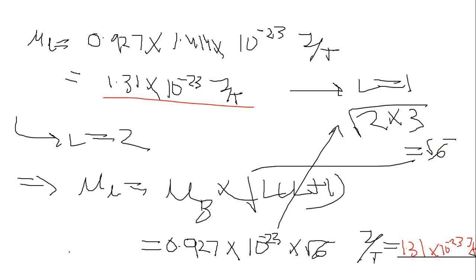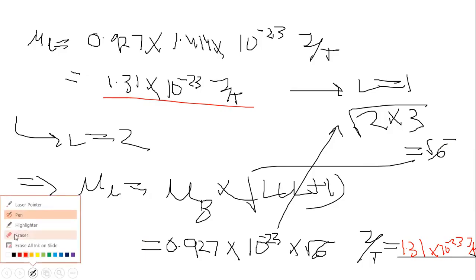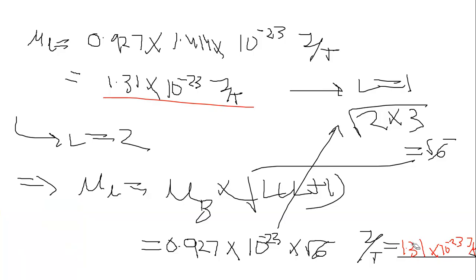Sorry, here it will not be 1.31. 0.927 into root 6 will be 2.27. So the values will be 1.31 into 10 to the power minus 23, 2.27 into 10 to the power minus 23,